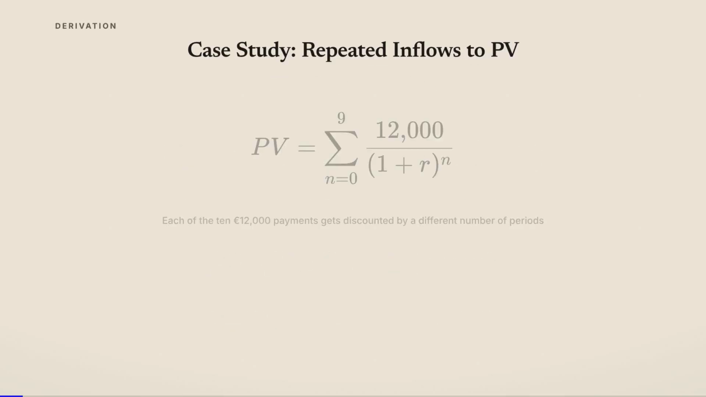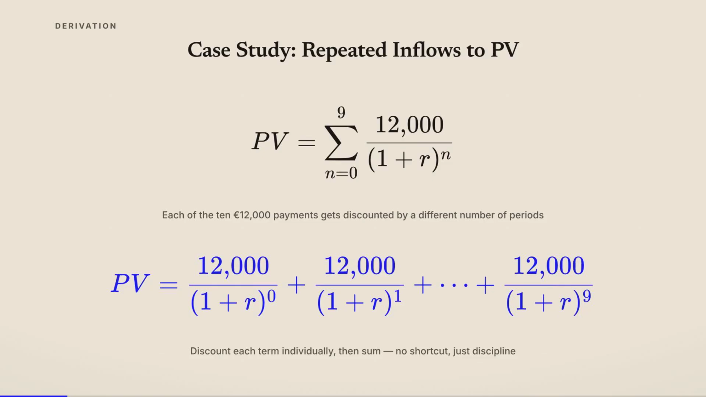The source's first worked illustration shows repeated cash inflows of 12,000 euros across several periods, with the present value found by discounting each payment back to today. The important idea is not a special shortcut, it is the method. Every future inflow gets its own discount factor, because each payment arrives at a different time. Then the discounted amounts are summed into one present value at time 0. The exact return rate is not specified in the extract, so the point here is the structure of the calculation,